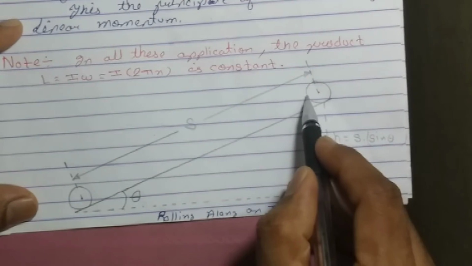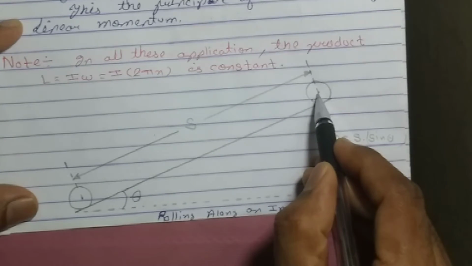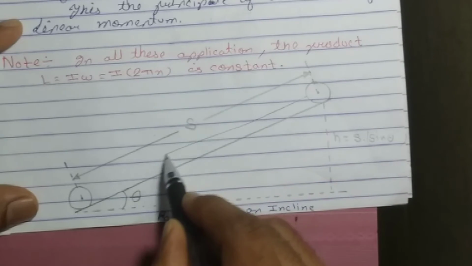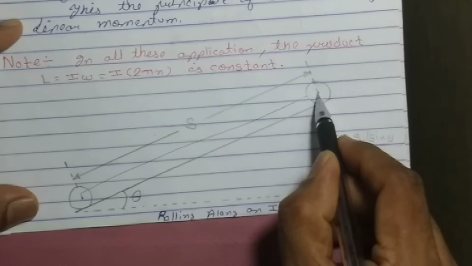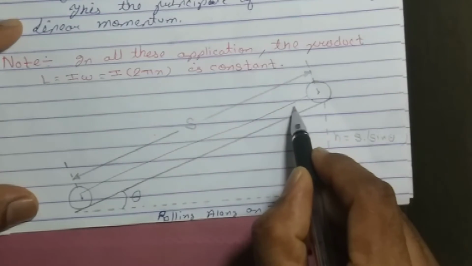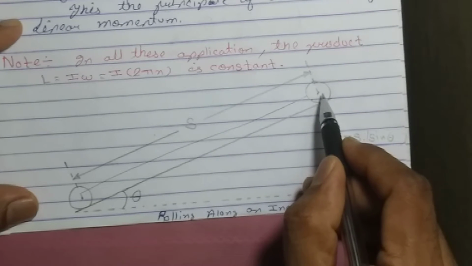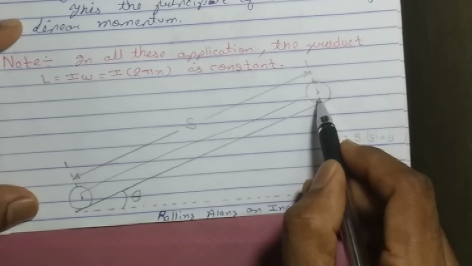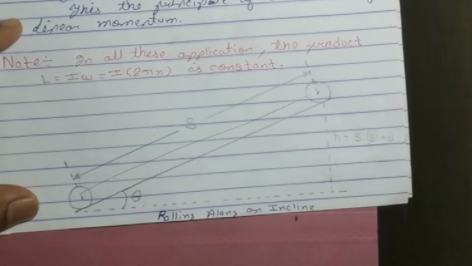When it is moving from this particular point to that point here, it performs two motions. One is linear motion. It moves from one point to another point. And when it moves from this particular point to this particular point, it is rotating. So when a circular body is rolling, it performs two types of motion: rotational motion as well as translational motion.